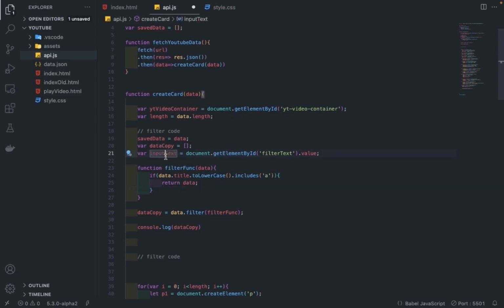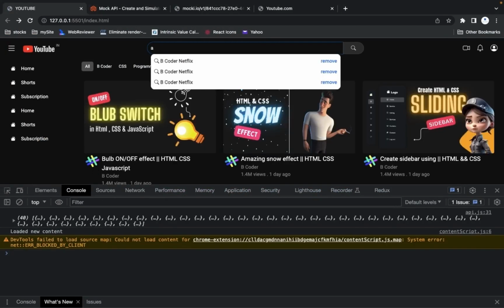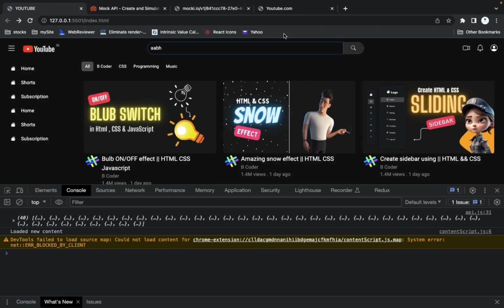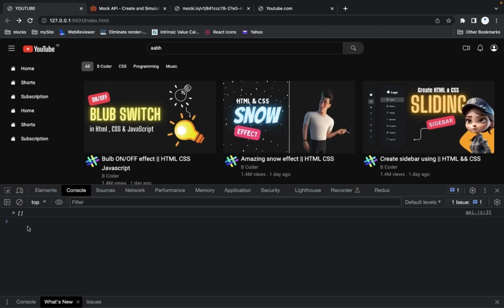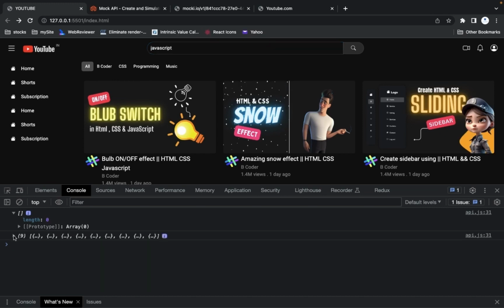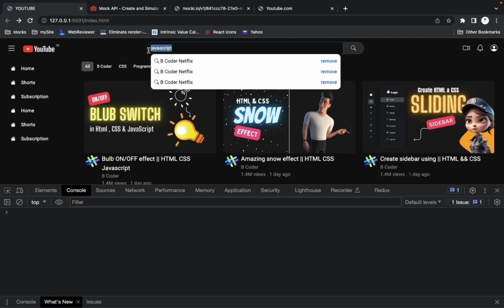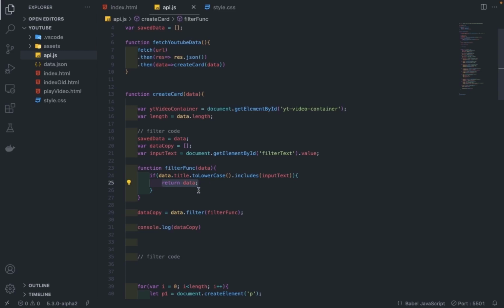So simply we are writing here input text. Input text means whatever text we have written, like if I write A, or if I write ABH. If we write ABH, no video matches, so it will print an empty array here. Okay, if I remove that and write JavaScript, you can see it is printing the values. So if no data matches in the array, it will return an empty array. It is returning the data from here,